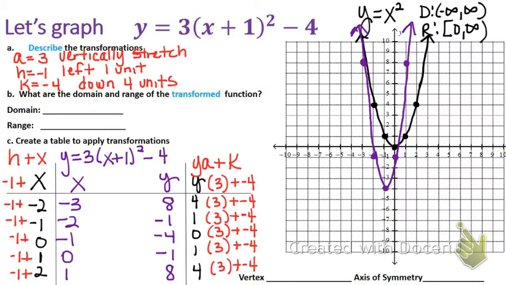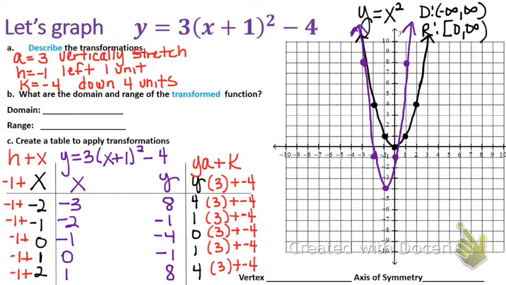Hopefully this is what your graph looks like. After I added -1, these were my new 5 y values. And when I multiplied the parent y values by 3 and added -4, these were my new y values for my transformation. So then I just plotted each one of these ordered pairs. -3, 8 was a point, -2, -1 was a point, -1, -4 was a point, 0, -1, and then +1,